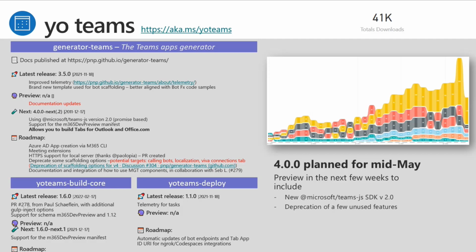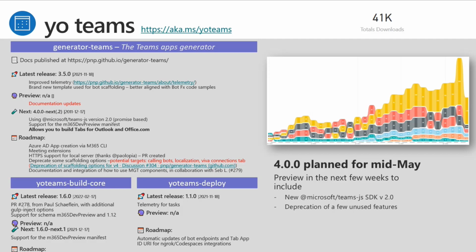Statistics-wise, the interesting thing is that the usage has gone up. This is essentially the same amount of new Teams projects created, but we can see from telemetry that they are not just test projects or one-off kind of things, that it's actually real applications being built with this. So that's really cool, I think. And as you can see as well, the big bump we have on one of the dependencies is due to the dependency being used by the official Teams Toolkit as well. So we're sharing the same kind of packages there, which is really great collab with that team as well.